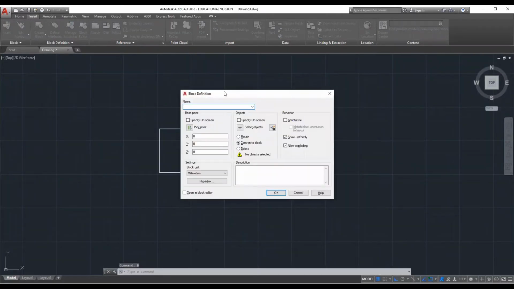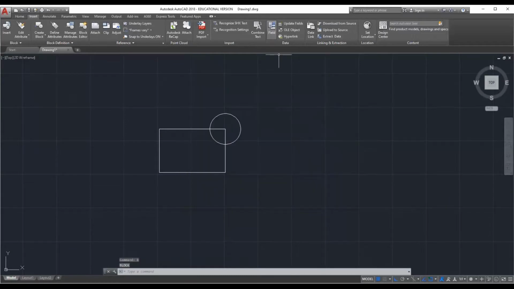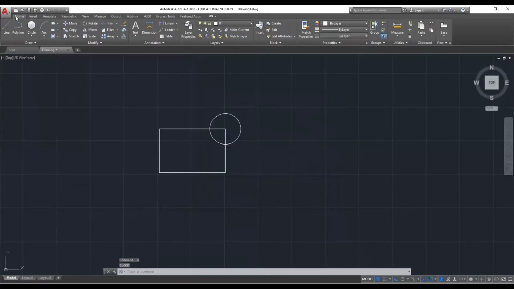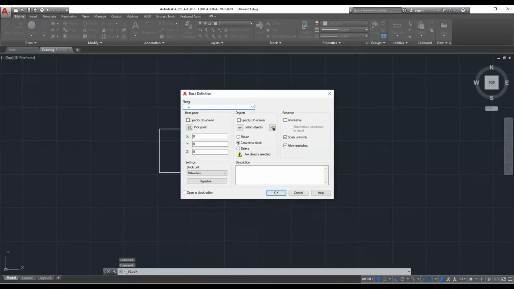The block definition box will appear. Or else go to the block panel, create a block, click on create. So the block definition box will appear.